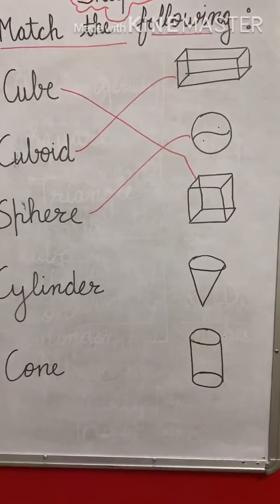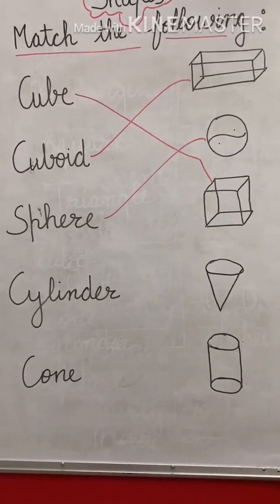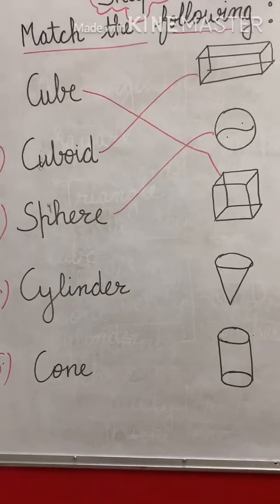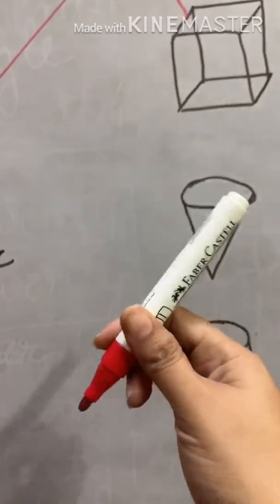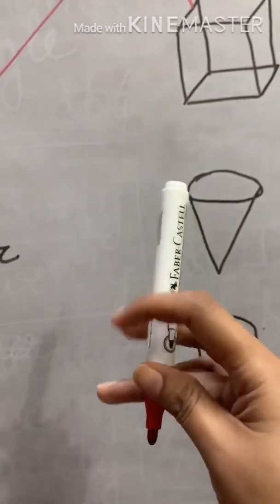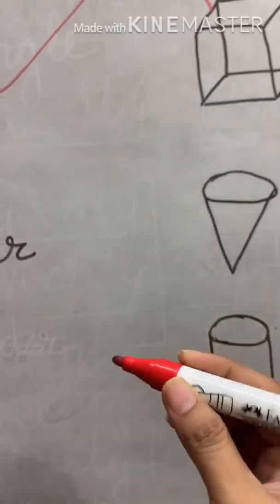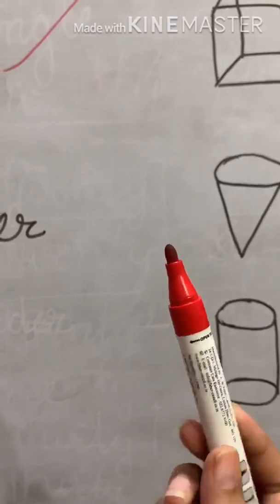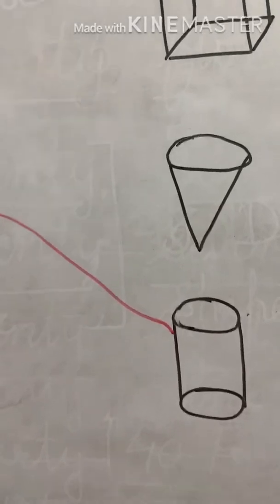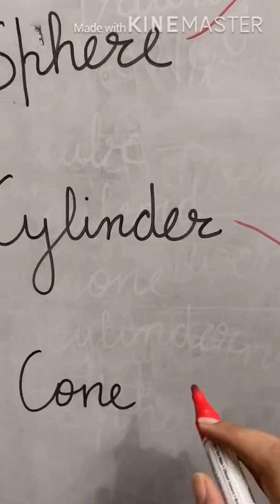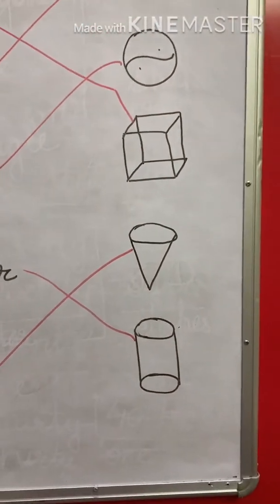Understanding these? The next one is cylinder. Cylinder, as you must be aware of the name, at home we also see the gas cylinder, with which we use LPG gas to cook food on our stove. So that cylinder is also of this shape. Even this marker is also of cylinder shape. If we don't look at the bottom point, this red tip, this white portion is also a cylinder. And what about this red one? It is a cone. So here I am matching this cylinder with this shape, and cone, which is left, cone will be matched with this one. So this is a cone.